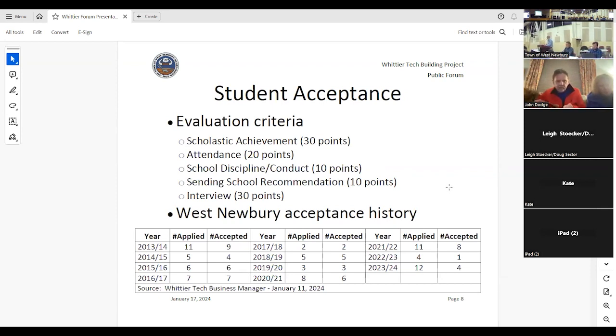So one other thing to point out is Whittier is a public school. However, there's no guarantee that our students will get in. There is an acceptance process, just like at college. This slide shows the criteria that Whittier